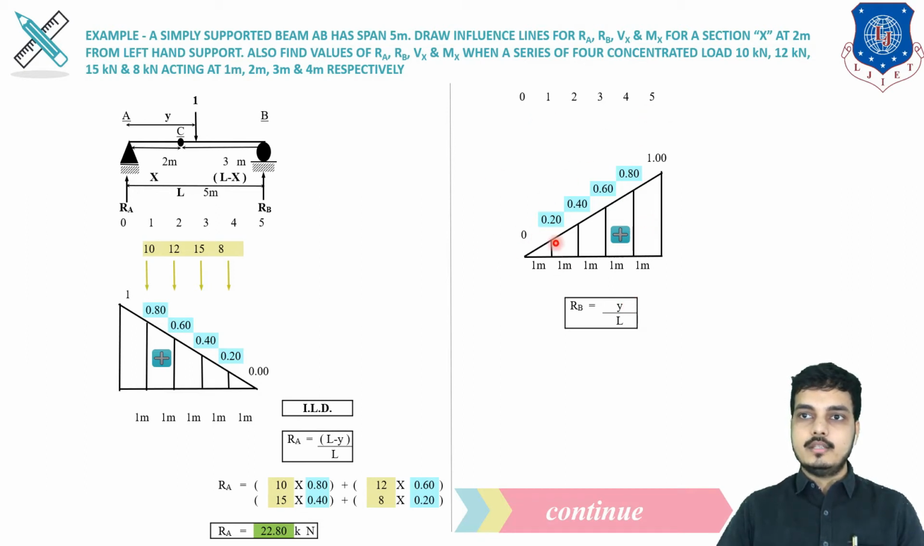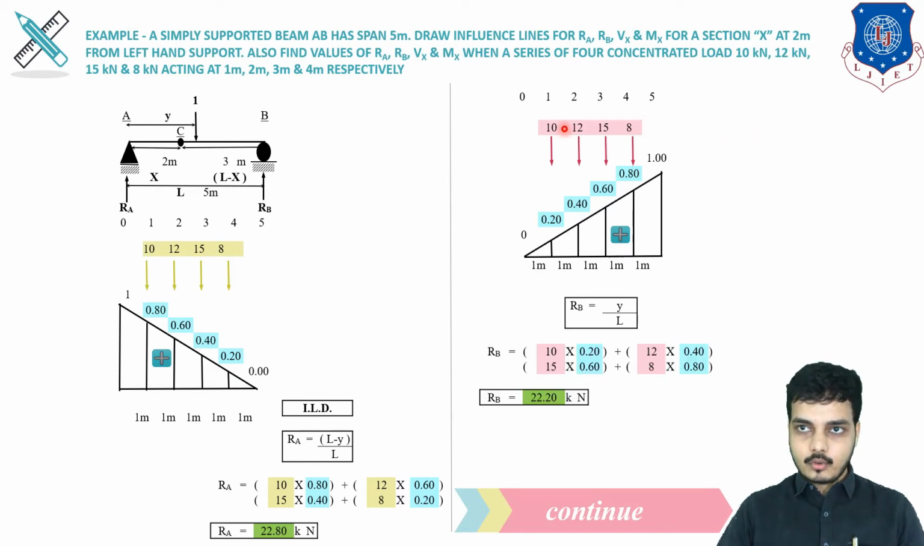Now here we have to find, as you can see that I have highlighted these ordinates because we have to also find out RB for these 4 concentrated loads. So we will be placing those 4 concentrated loads just above the particular ordinates. Then as we did over here, we will be doing over here. Means 10 multiplied by 0.2 plus 12 multiplied by 0.4 plus 15 multiplied by 0.6 plus 8 multiplied by 0.8. So after multiplying this, then adding with this value and this value, I will be getting my 22.20 kilonewton value